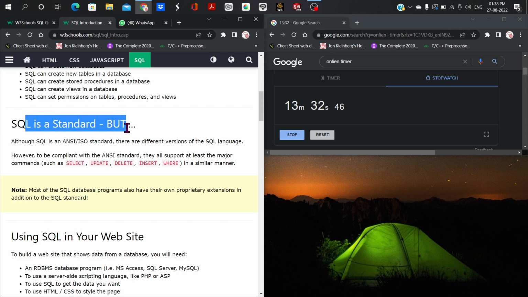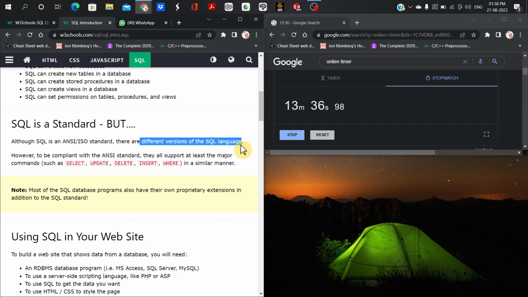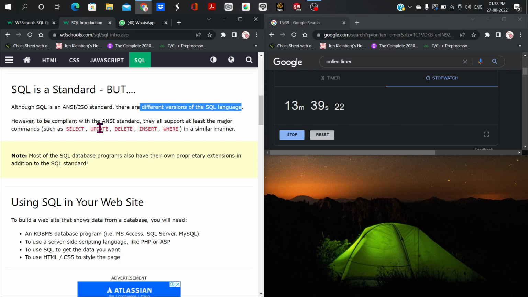So SQL is a standard, but although SQL is an ANSI/ISO standard, there are different versions of the SQL language. However, to be compliant with the ANSI standard, they all support at least major commands like select, update, delete, insert, where। Select is for selecting। अगर आपको कुछ टेबल में से सिलेक्ट करना है तो उसके लिए select कमांड यूज़ होती है। अपडेट इज अगर आपको अपडेट करना है कुछ भी टेबल में तो अपडेट। डिलीट अगर कोई भी कॉलम या रो डिलीट करनी है तो उसके लिए डिलीट, इंसर्ट अगर इंसर्ट करना है। वेयर इज अगर फाइंड आउट करना है कि कहाँ पे है।